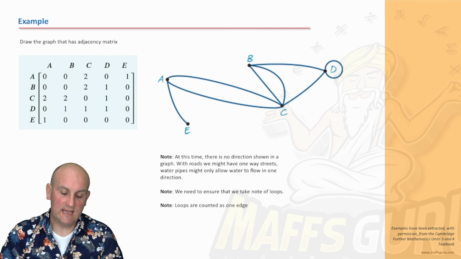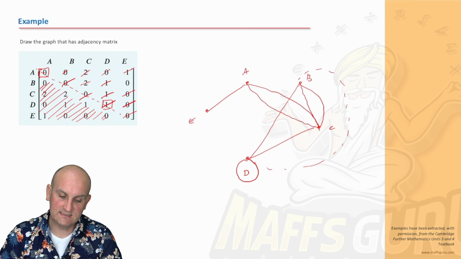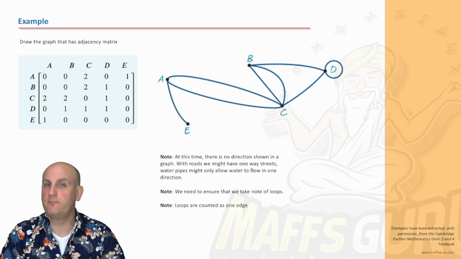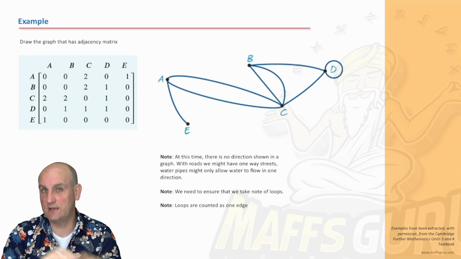There we go. There is an interpretation of the diagram. Is that pretty much what we got? A to C, 2 connections. A to E, 1 connection. B to C, 2 connections. B to D, 1 connection and a loop. Yeah? Now again, what I want to make very, very clear, and this comes up a little bit later on